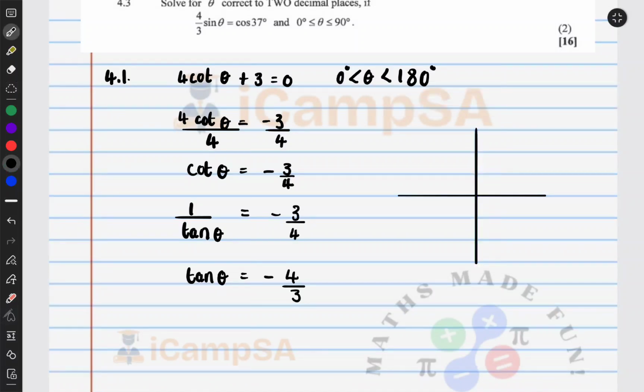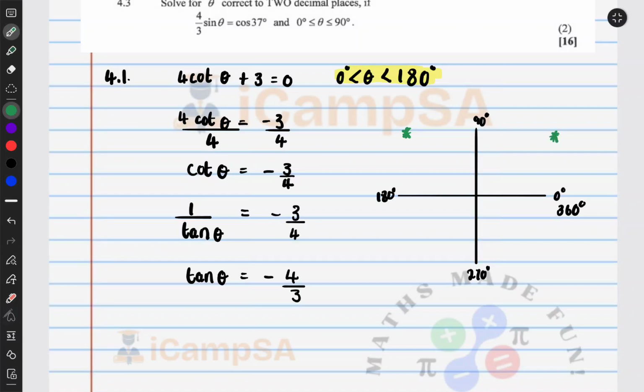Okay, so there we have your cardinal points. Let's put the degrees. We have 0 degrees here, that's 90 degrees, 180 degrees, 270 degrees, all the way up to 360 degrees. Okay, let's start with the condition that theta will be found between 0 and 180 degrees. So which two quadrants do we find between those two, 0 and 180 degrees? We find quadrant 1,